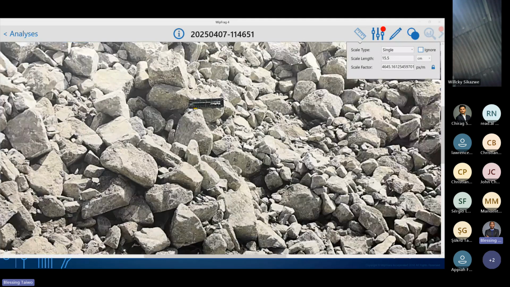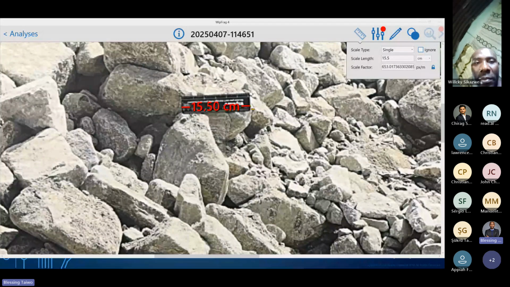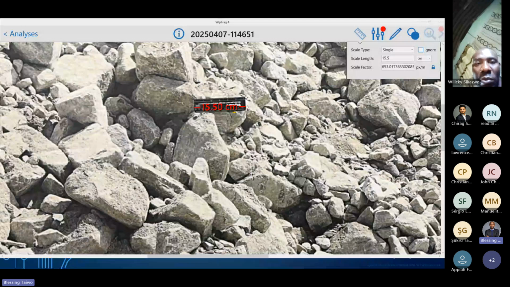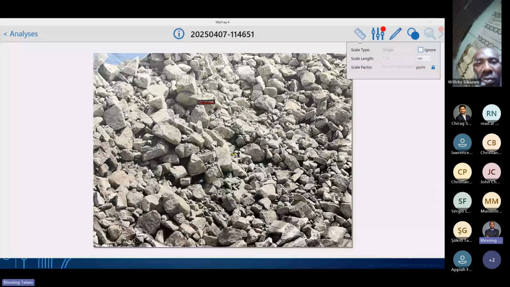The next thing you need to do is to zoom in and identify edge to edge of that material. So you drag edge to edge. Now we've set our scale. You can lock the scale. This is the first step, setting the scale. Now we've set the scale and we are good to go.